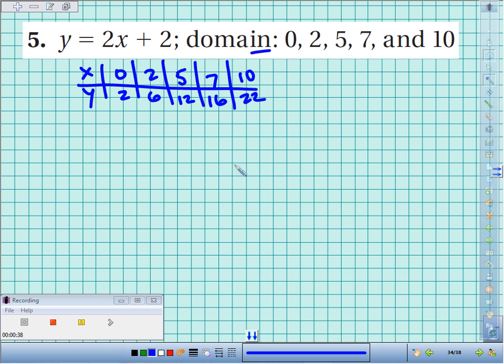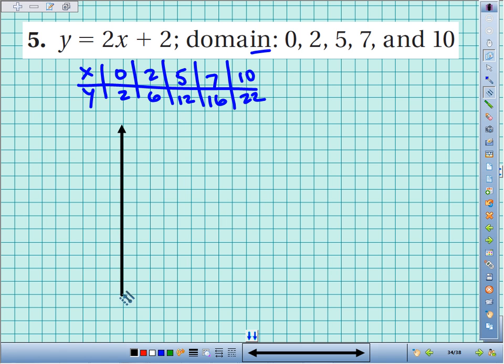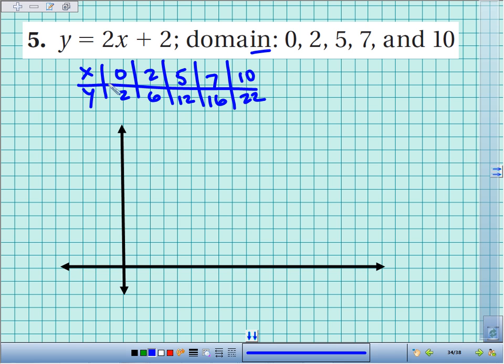Now, if I go by ones, it's going to be hard to fit on this graph. So this is a good opportunity, if I wanted to, I could change the scale, maybe on my y-axis. I'm going to have no problem on the x-axis going from 0 to 10. But on my y-axis, in order to squeeze all the way from 2 to 22, I think I'm going to